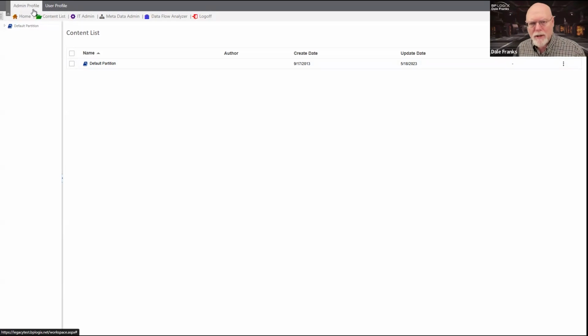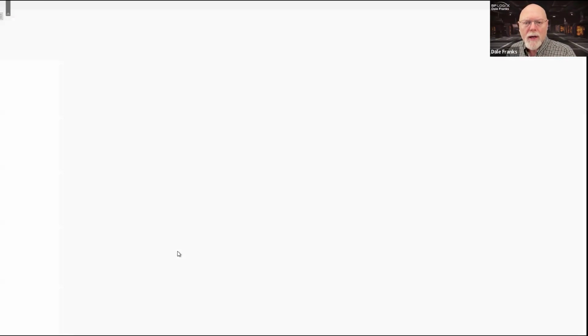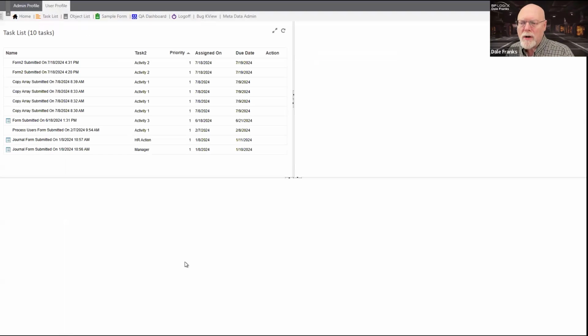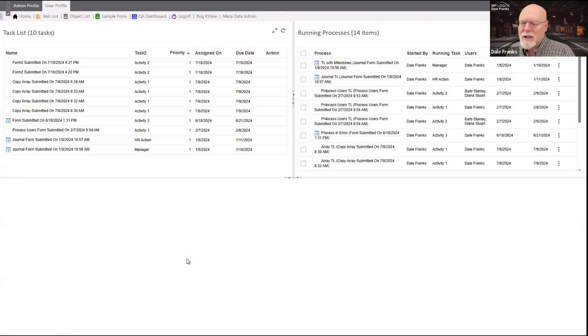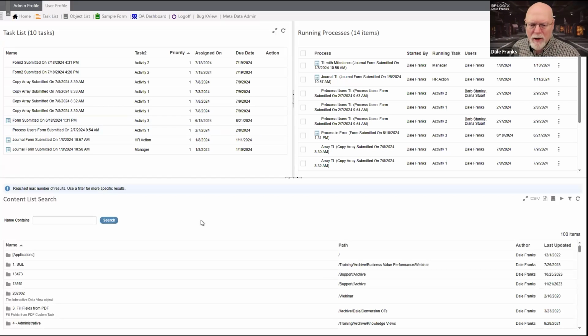But on the older versions of Process Director, this is what you see. At the very top of the screen, you just see this tab bar. As you can see here, I'm looking at the admin profile workspace, which on this particular server is set to show the content list by default. Here is the user profile workspace. This system was exported from my training system, the one we were looking at just a minute ago. So it has all of the same objects and basically the same configuration. So again, this is not the standard workspace.